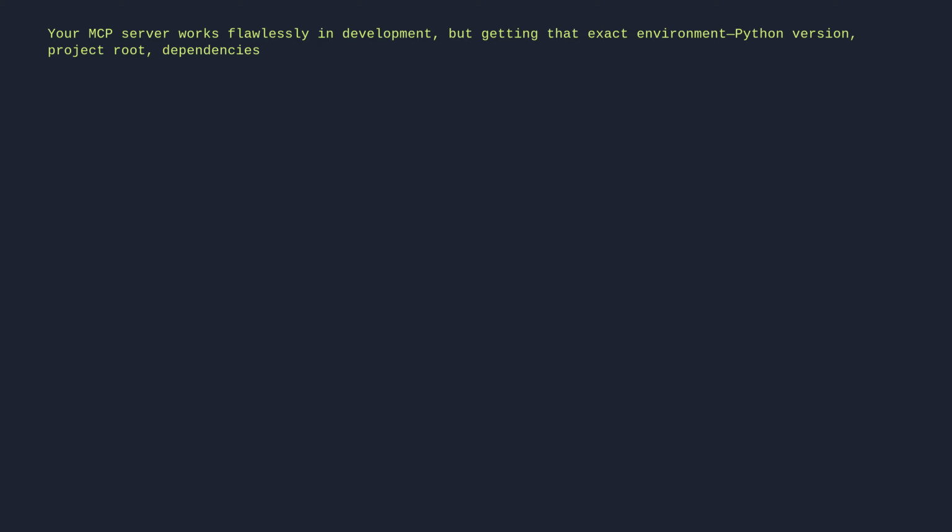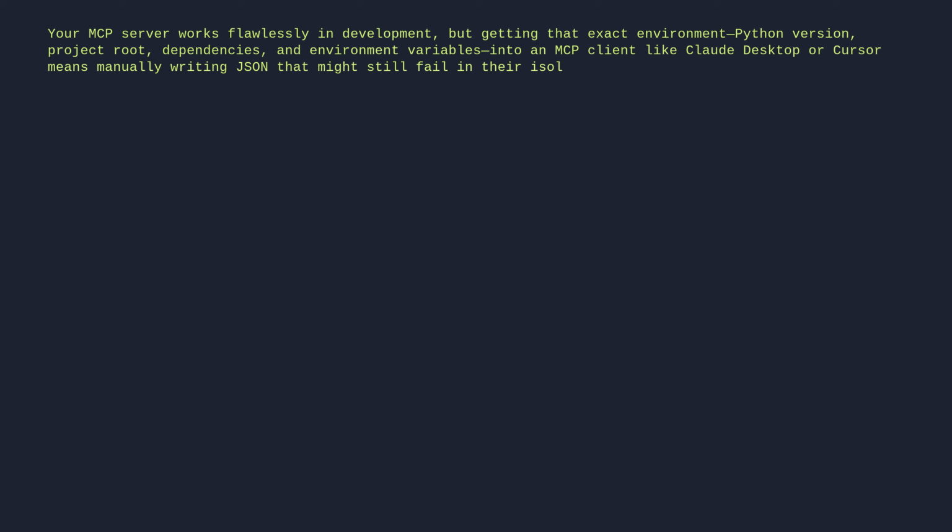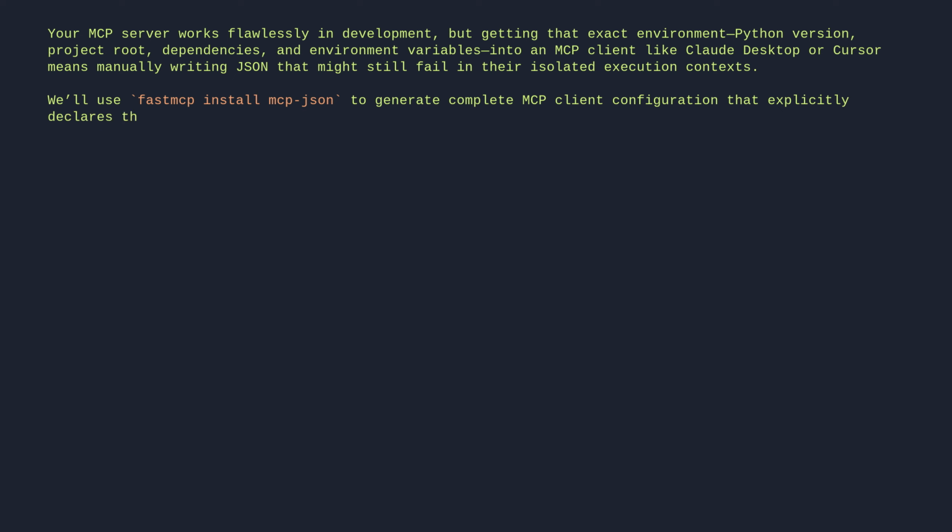Your MCP server works flawlessly in development, but getting that exact environment, Python version, project root, dependencies, and environment variables, into an MCP client like Claude Desktop or Cursor means manually writing JSON that might still fail in their isolated execution contexts. We'll use FastMCP install MCP JSON to generate complete MCP client configuration that explicitly declares the Python version,